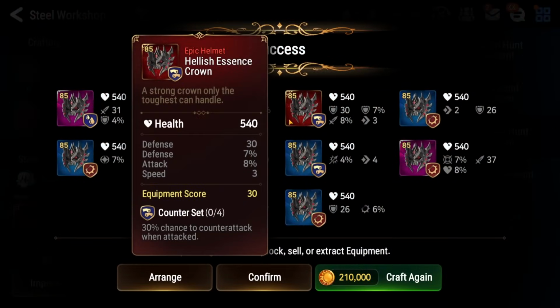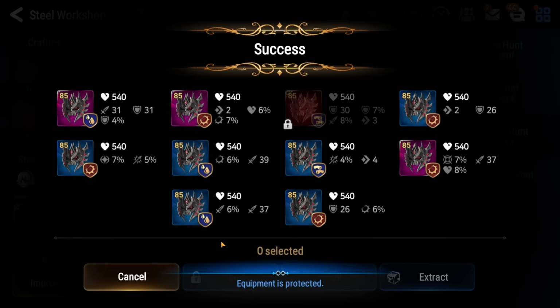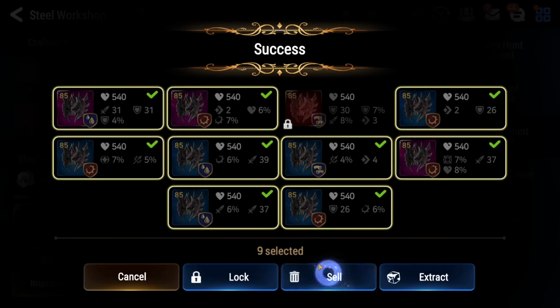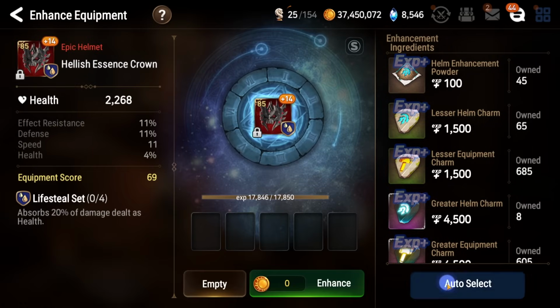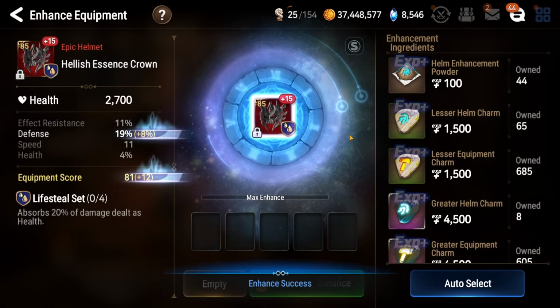Ooh, that's a nice piece too. Defense and speed and attack. I like it. But that's pretty much all I like about this little batch here. Everything else is not too great. Alright, let's see if we have enough powders for this piece. Oh, there's just 1 powder needed, so...